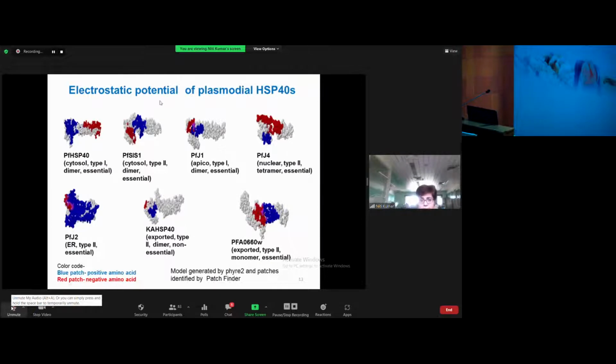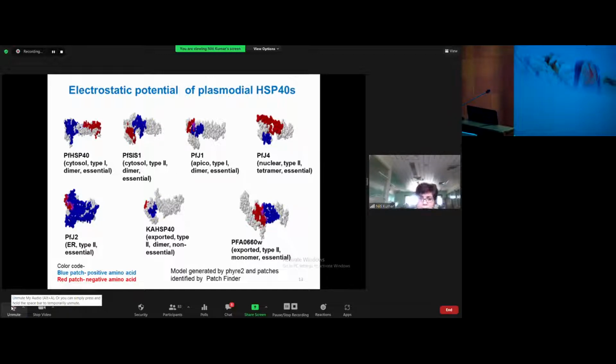So this is just a representation of the electrostatic potential. As you can see, these proteins have really dramatic differences in their electrostatic potential, suggesting that they might have different client recognition motifs. And so far, no systematic studies have been done. So our approach would be both biochemical and structural. We would like to see what the protein folding capacities are. Is there any difference in their protein folding or aggregation inhibition capacities,